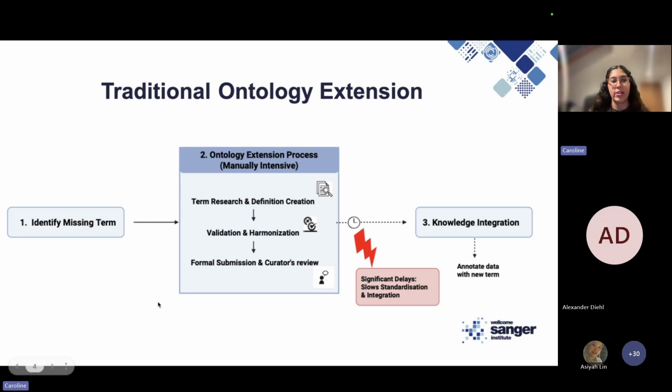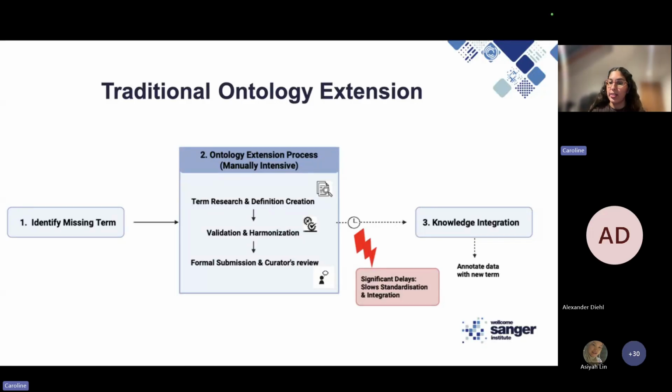As you can see here, once a missing term is identified, the process involves term research and definition creation, validation and harmonization, and after that, formal submission is made to the cell ontology, which waits for curators' review and approval. And then once this process is complete, the term can be integrated and used to annotate the original data. This disruption in workflow can cause significant delays and slows down the entire cycle